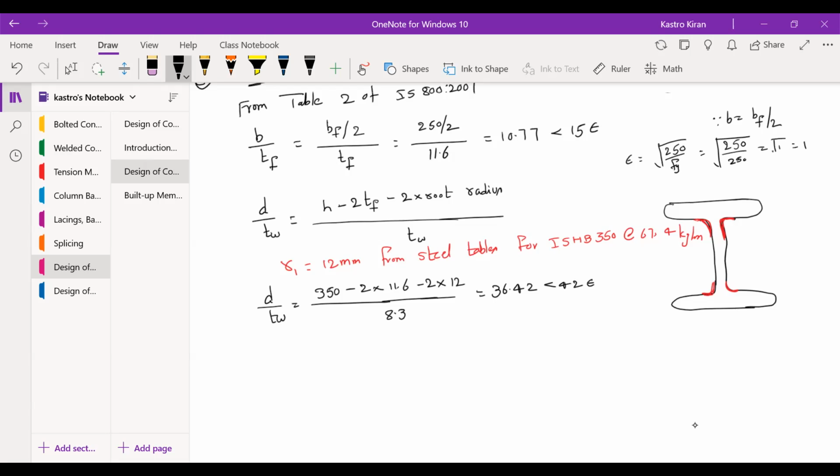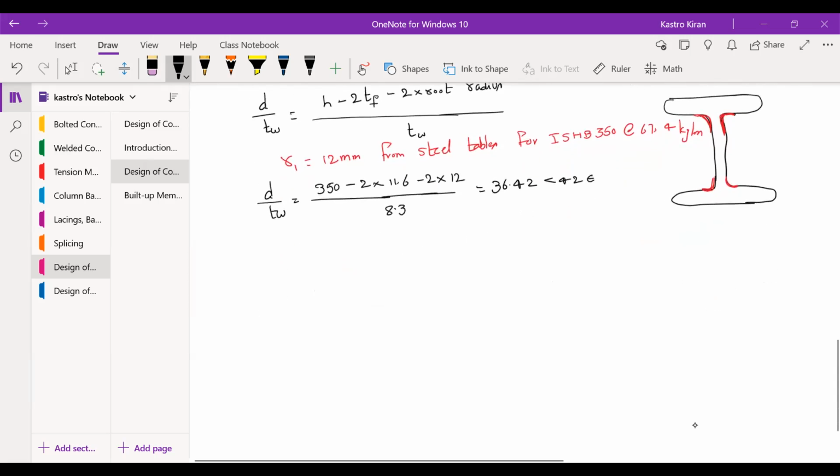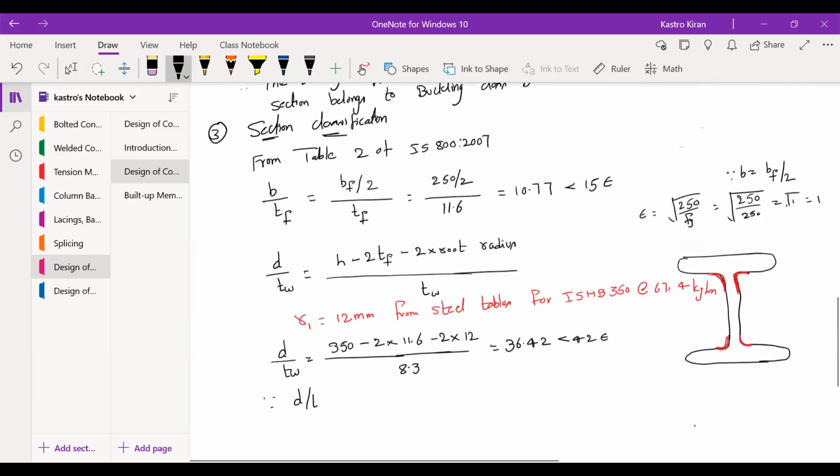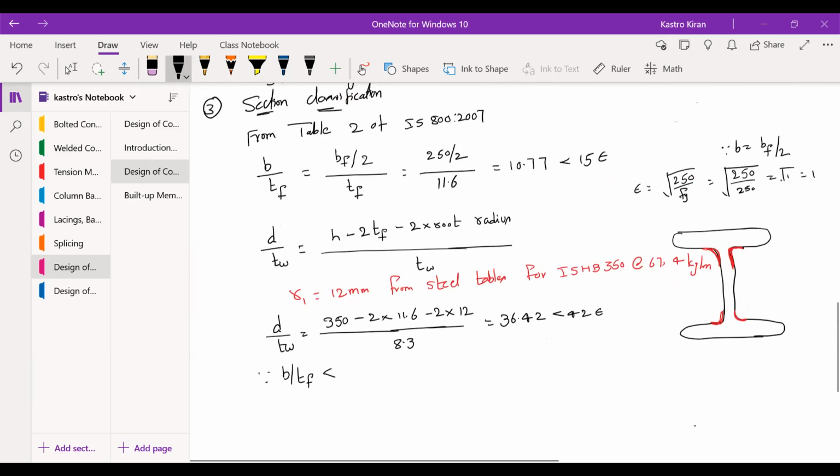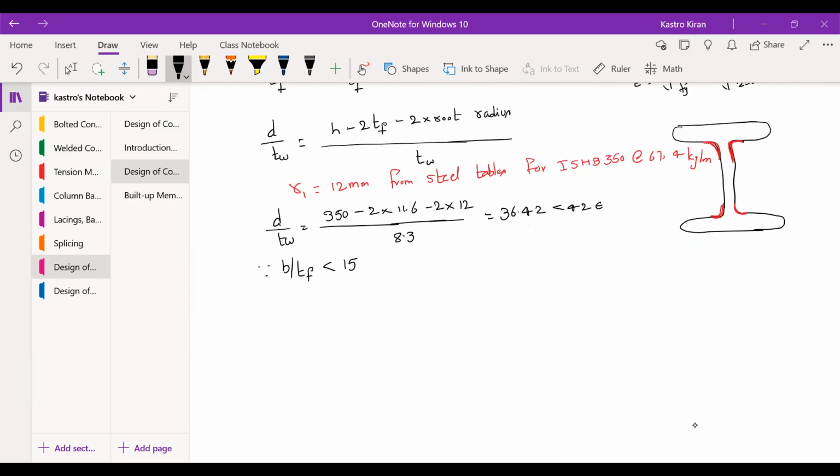Under root 1 is 1. Anyways, since b by tf is less than 15 epsilon and d by tw is less than 42 epsilon,